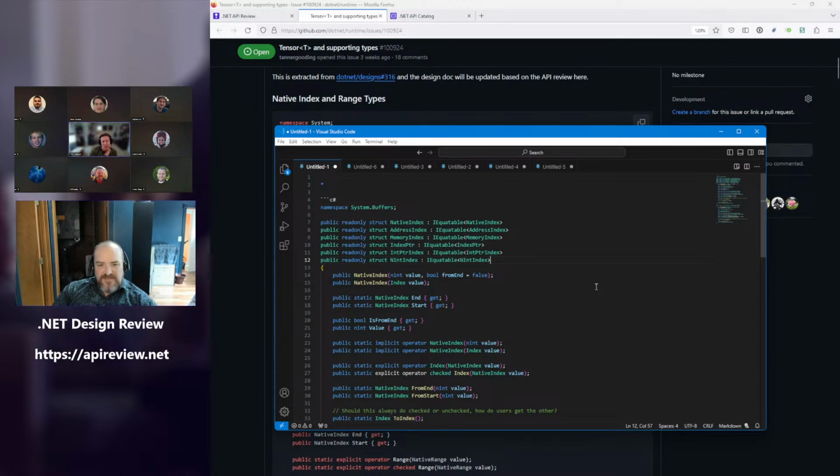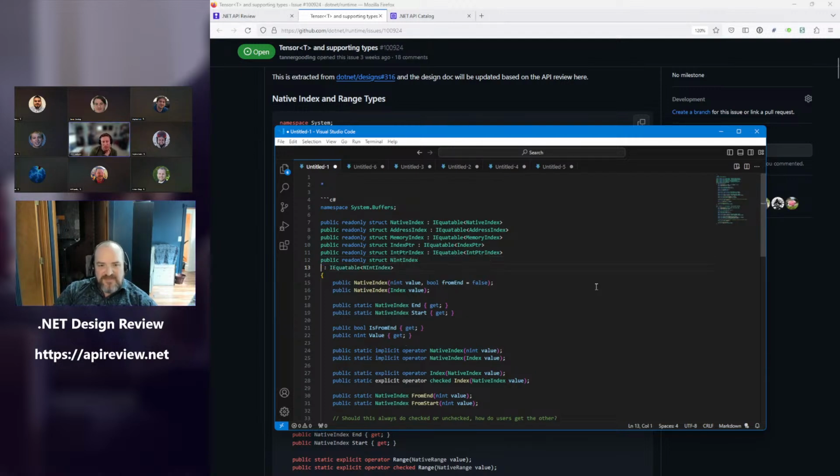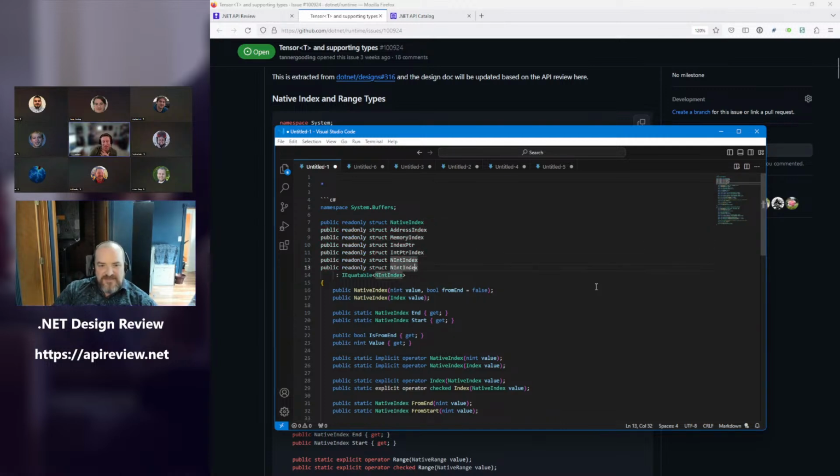I think N would be more palatable because, in the same way that we use the keyword, you think of this as a term combined with other terms. And nint index would also be okay, I think. It's just very verbose. But yeah, I don't know. Yeah, I guess nint index is not too bad, actually.